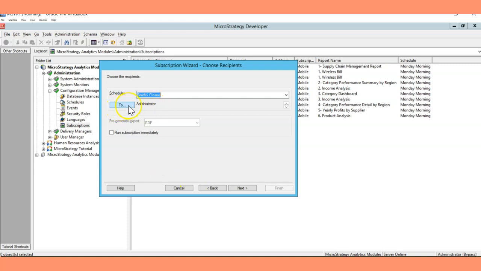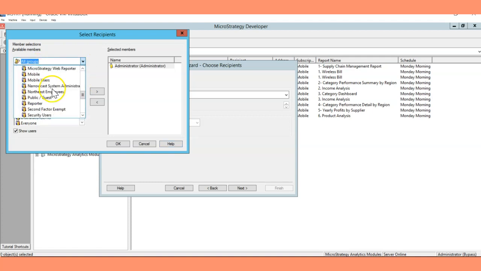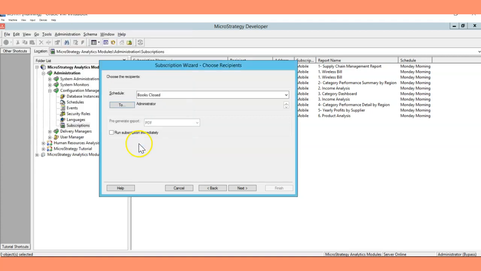If you want to make changes, you just need to click on To, and you can choose any users here, which gives you the groups and users. You can select any groups here. I'm fine with this Administrator, so I'm leaving it as is. And yeah, you need to hit Run subscription immediately, and then hit Next.